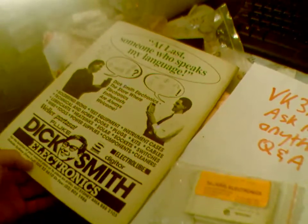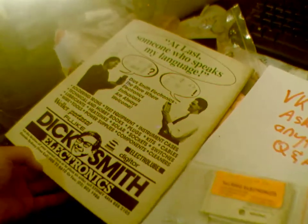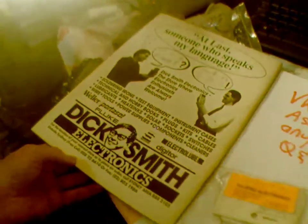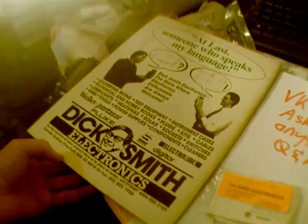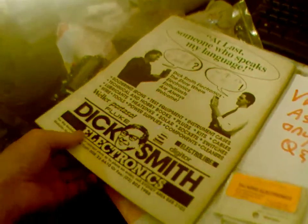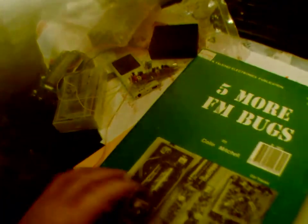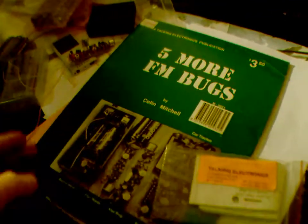Someone mentioned Dick Smith before. Yeah, there's a Dick Smith ad. They don't exist anymore. They went into consumer electronics and made some bad business decisions, and no more. But Dick Smith himself, he sold out in 1982, so a long time ago. So that's talkingelectronics.com. You can read a lot of the Talking Electronics books, really good for beginners, and there's a lot of stuff that he's